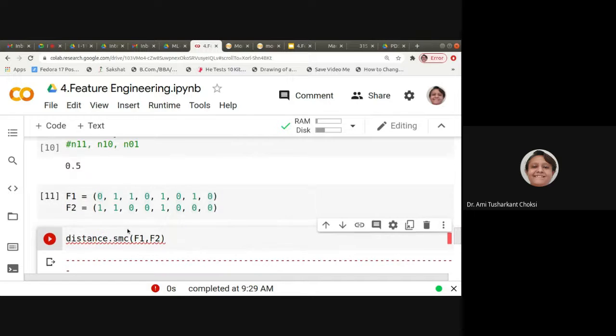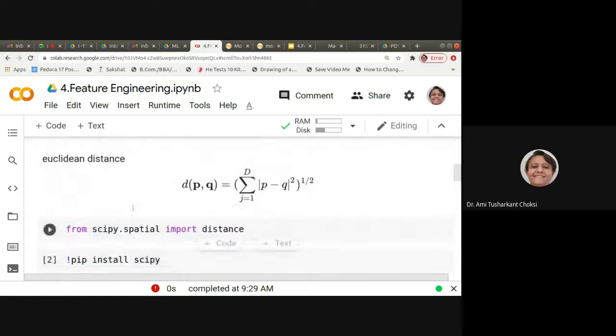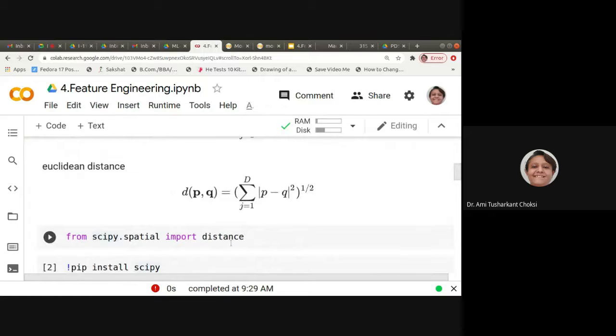In SciPy.spatial, and in that distance, that means scipy.spatial.distance, whether SMC is available or not, I don't know. Okay, so what should I do?